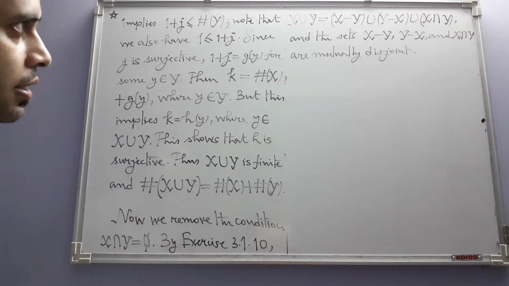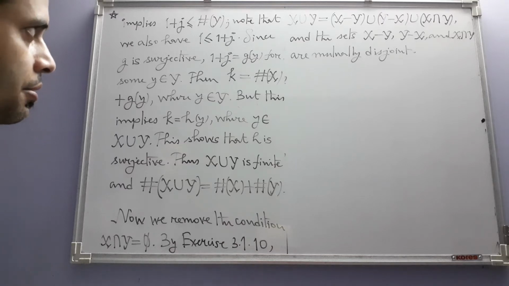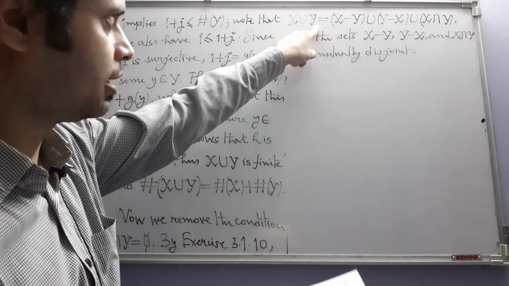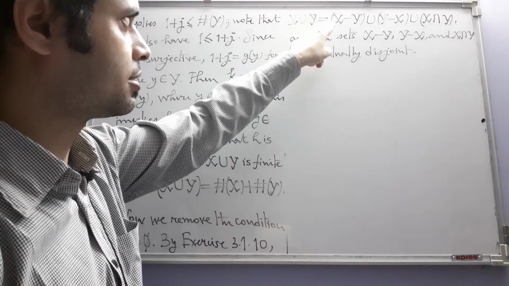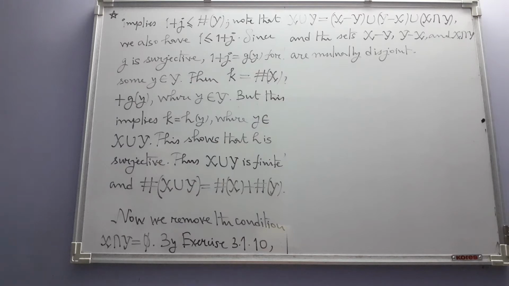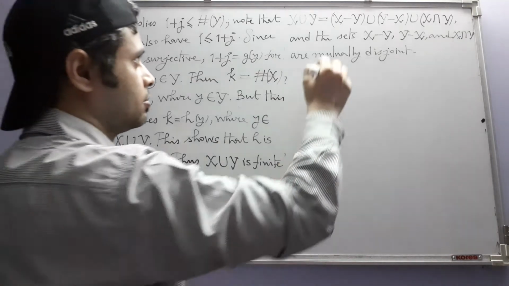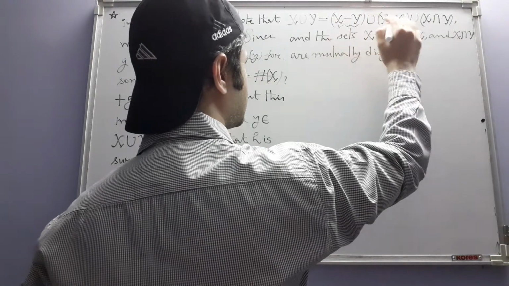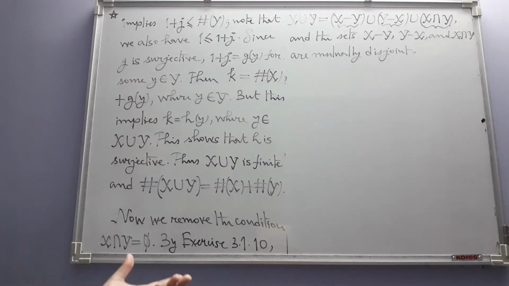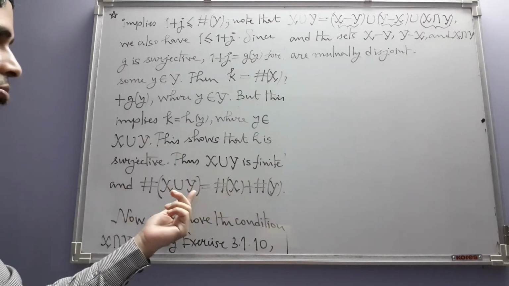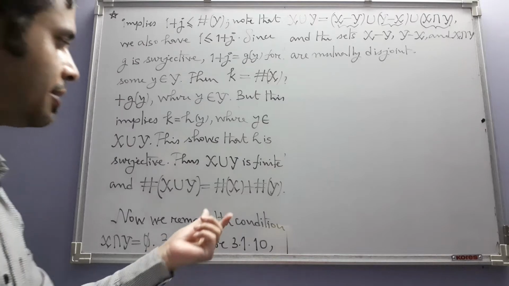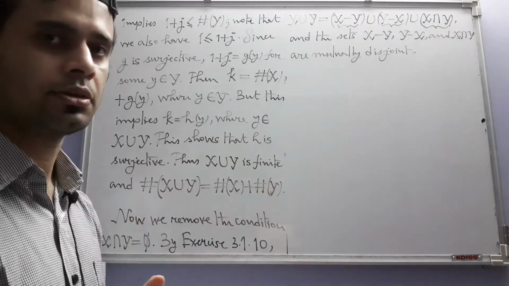Then can we immediately write that this set is finite and its cardinality is the sum of the cardinalities of these sets? For that, however, we would need to ascertain that these sets themselves are finite, because without their finiteness, how can we apply this result where the individual sets whose union we are taking are given to be finite? Because that's why we are able to write these cardinalities now.